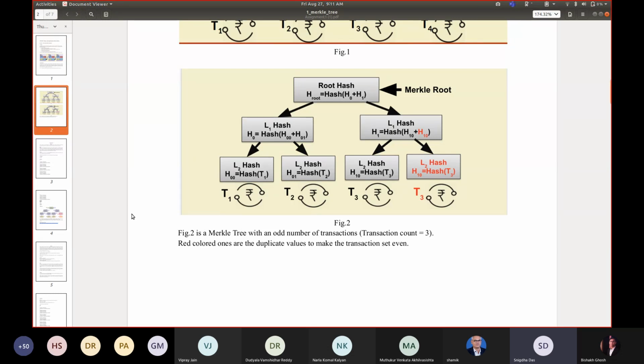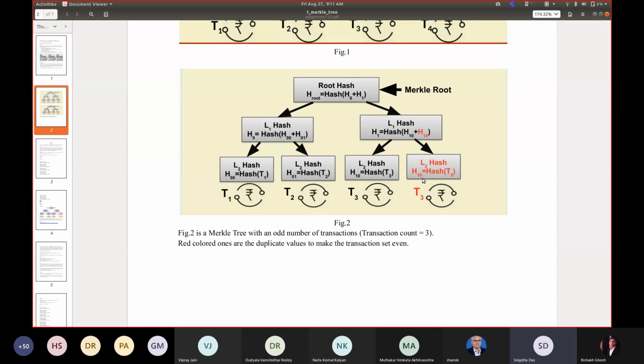But in case of an odd number of transactions, suppose I have 3 transactions in this example. For the first two, it's similar to the even number of transactions, but where T3 is there, T3 needs to be doubled to make it an even number of transactions.